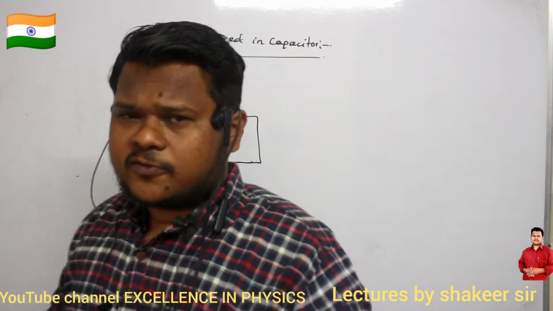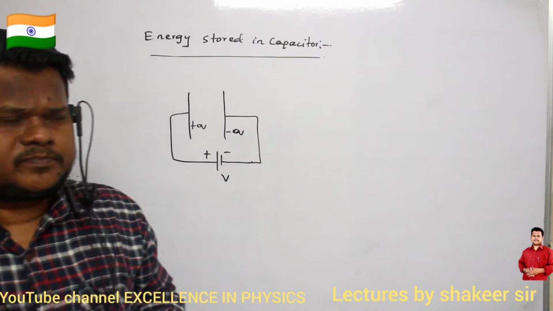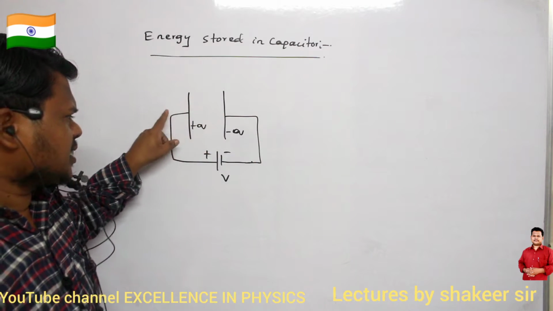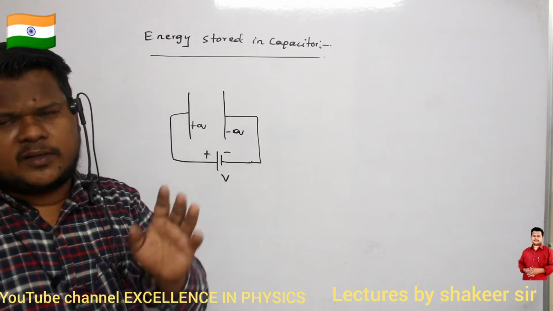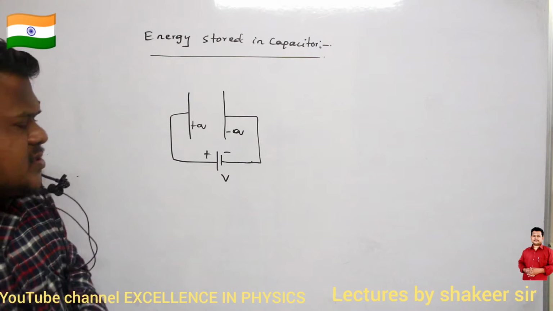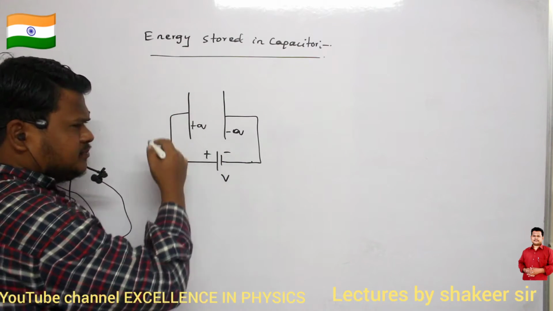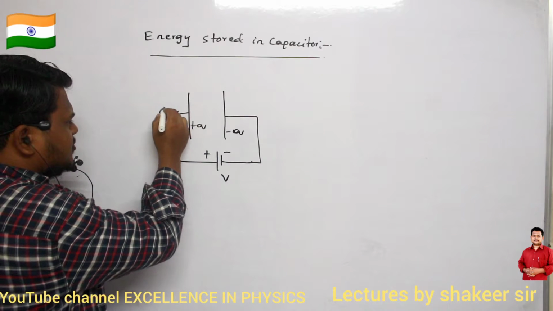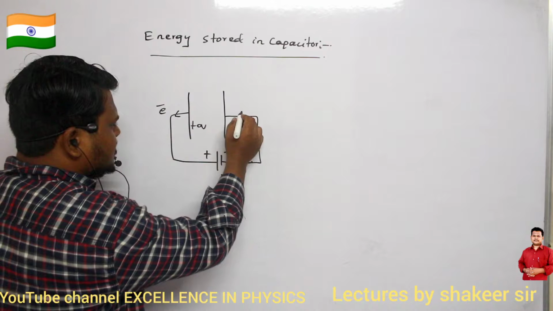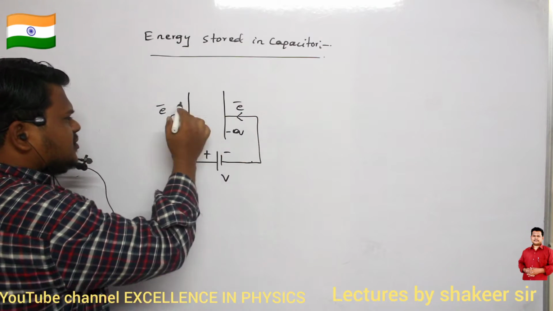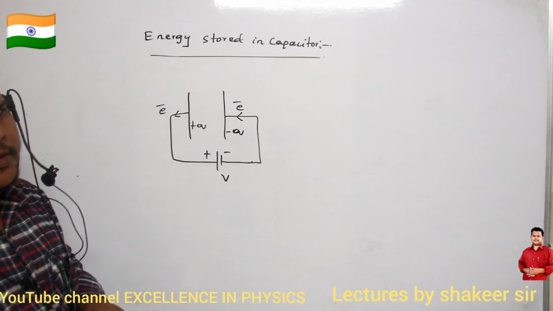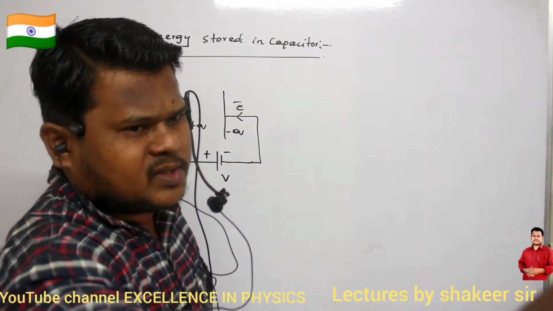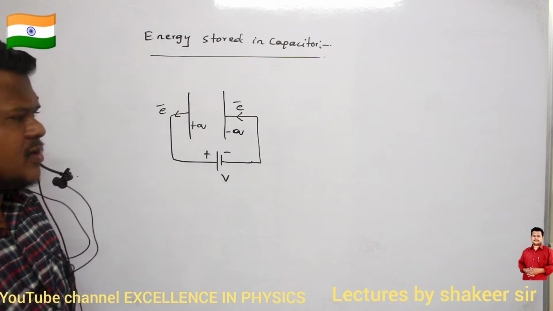Now further transfer of electrons will happen, no? And to transfer those further electrons, definitely the battery should do some work. Initially this plate was neutral, this plate also was neutral. So very easily I can transfer an electron from here and deposit it on the second plate. So this becomes a positively charged plate, and this becomes a negatively charged plate. But then to remove one more electron becomes quite tougher. To remove one more electron, I have to do work.